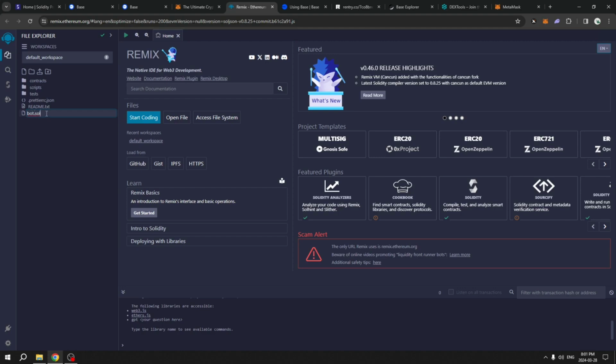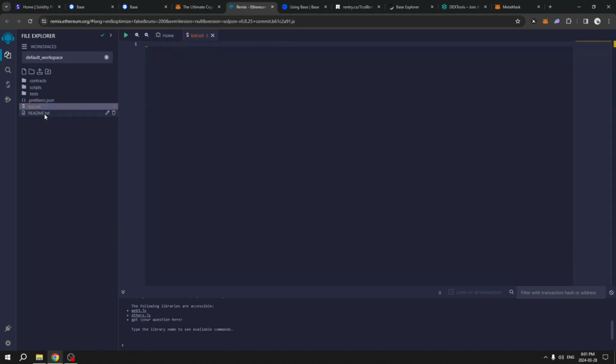.sol indicates that it is a Solidity file extension, meaning that we are coding in the Ethereum language of Solidity. So then we will press enter once we have it named, and it will bring up a blank code file